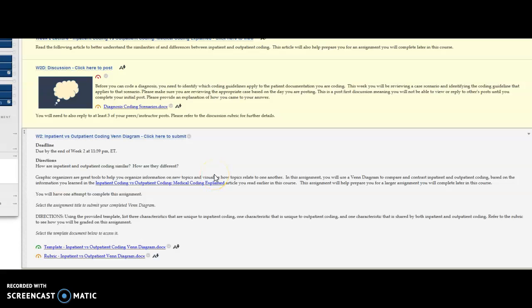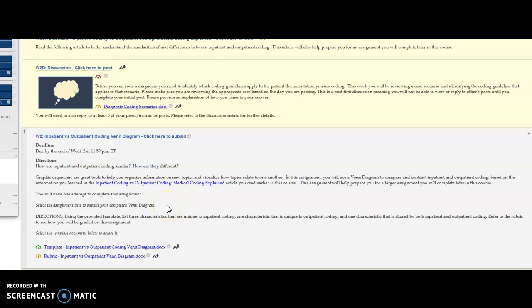Welcome to week two. I want to go over the inpatient versus outpatient coding Venn diagram that is due this week. There is an article that is mentioned in the directions, that is not actually an article for this assignment. I have placed a course correction. What this assignment is actually looking for is the differences between inpatient and outpatient coding. You can use this article, but